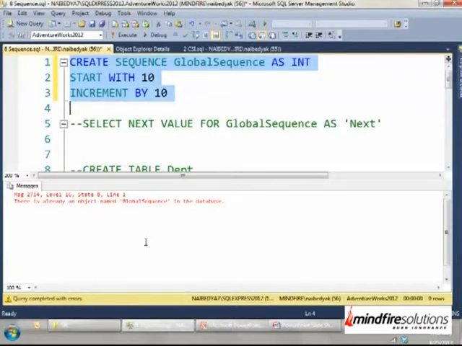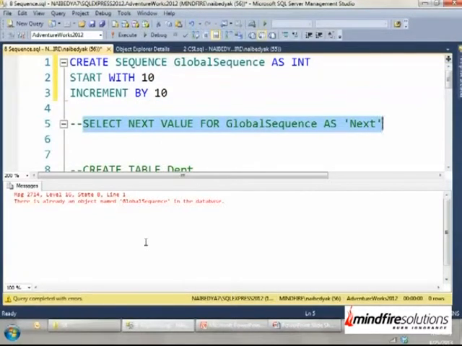Whereas with this, you don't need to insert a row. We can just say select next value for global sequence. For is a keyword again. Let me uncomment this. Next value for global sequence is the sequence that we created, with some alias name, I am giving it as next. It gives me 10. Now I never did any insert. That is the most important thing you need to understand. I have just done the next value and it has fetched me 10. I am running it again, gives me 20, the next value. Running it again, 30, 40, 50.